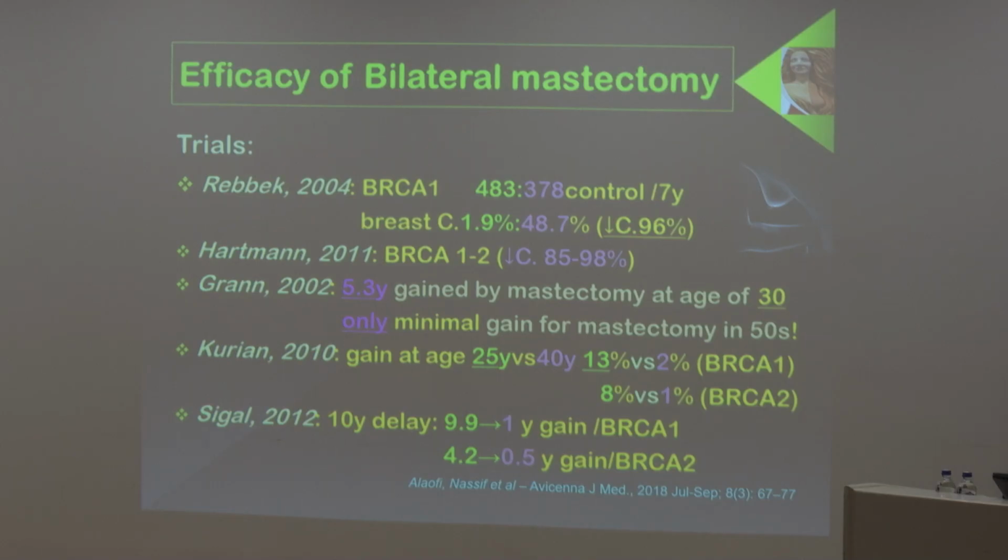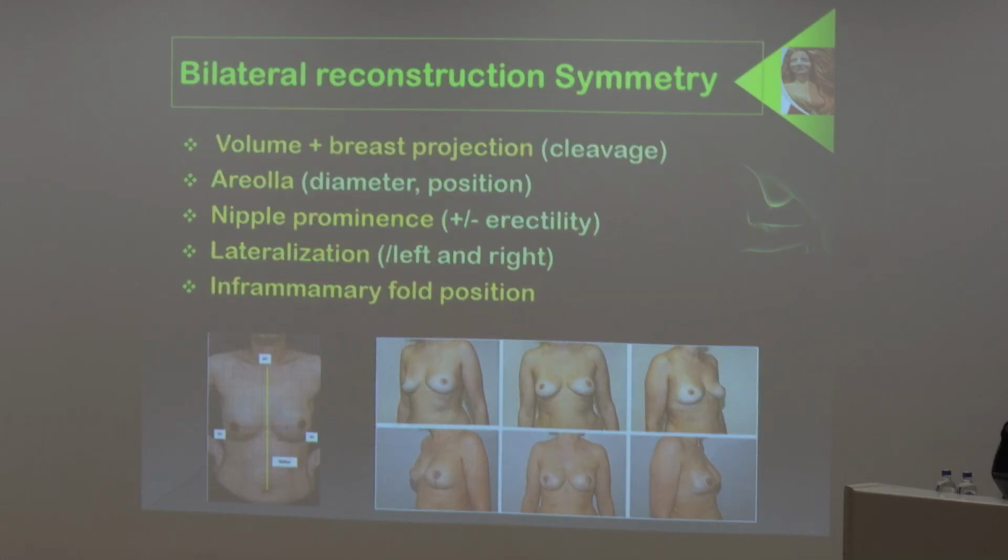So this is speaking about, I shall think about the last trial. 10-year delays is giving a 10-fold reduction of benefit in both BRCA mutations. If we are doing this,